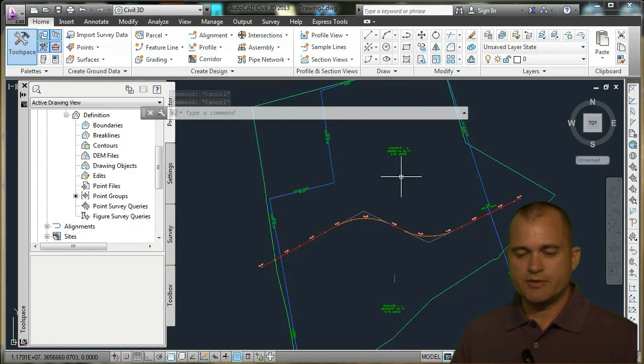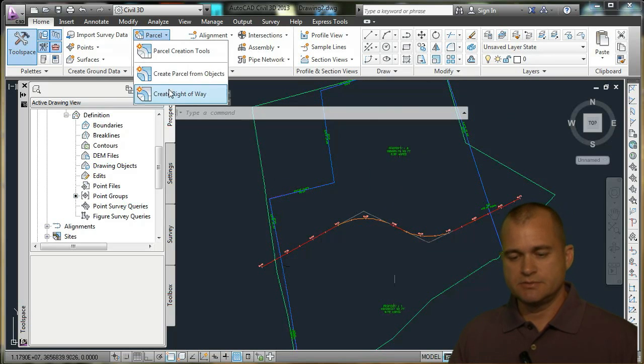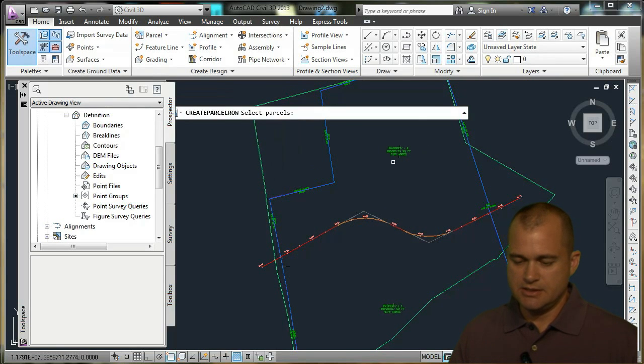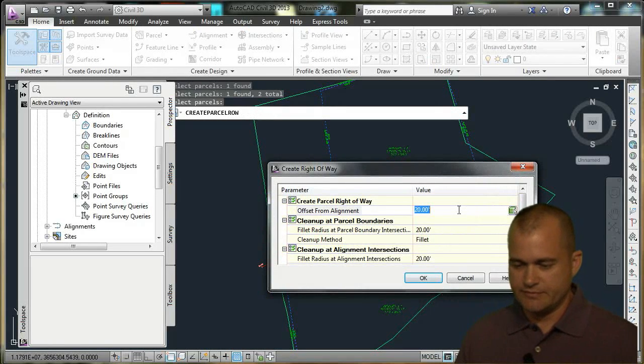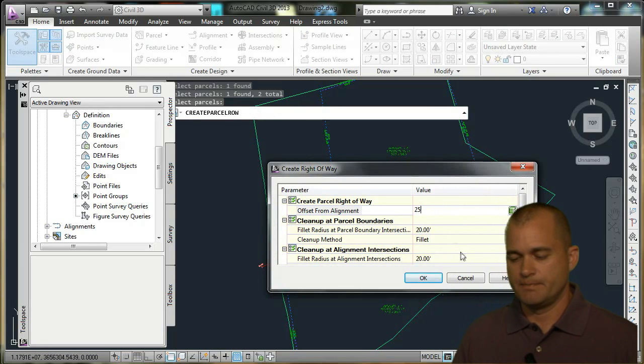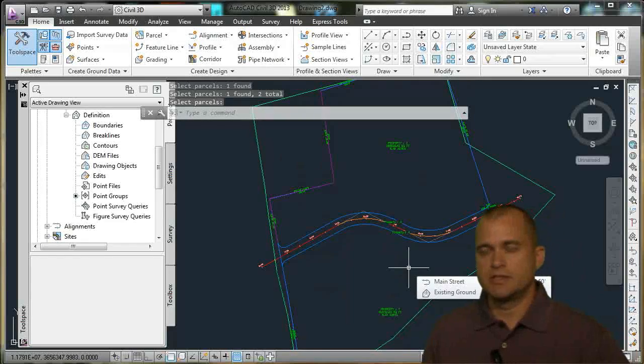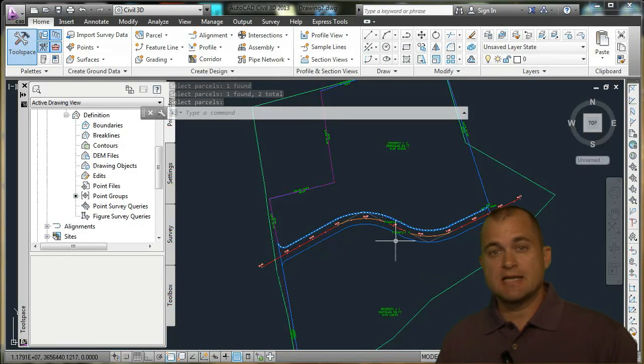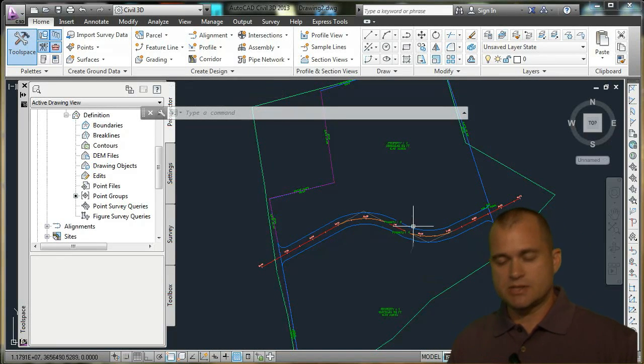I can come up and I can create other parcels such as a right-of-way parcel. So I can select these two parcels, and with the right-of-way parcel I can tell it that I want a 50-foot right-of-way. I want to clean it up at the boundaries. I can also clean up at intersections if I had another alignment coming through here. Okay, so you can see it's created a right-of-way or a segment parcel on both sides of the alignment. All right, so it's got a frontage boundary now for